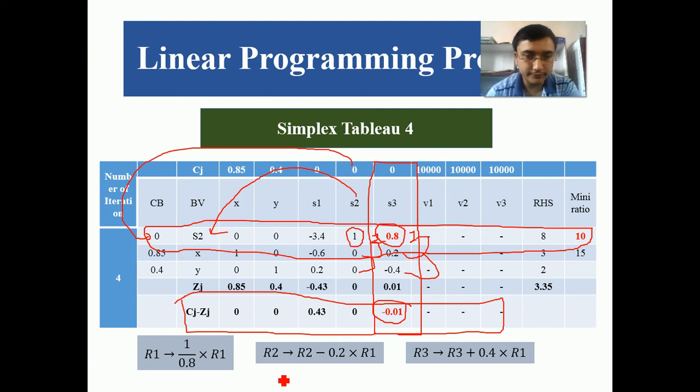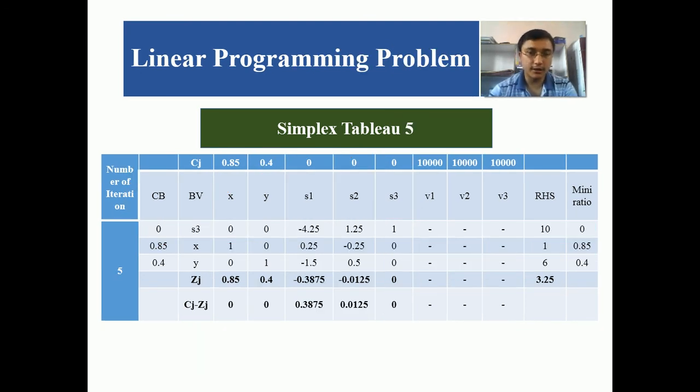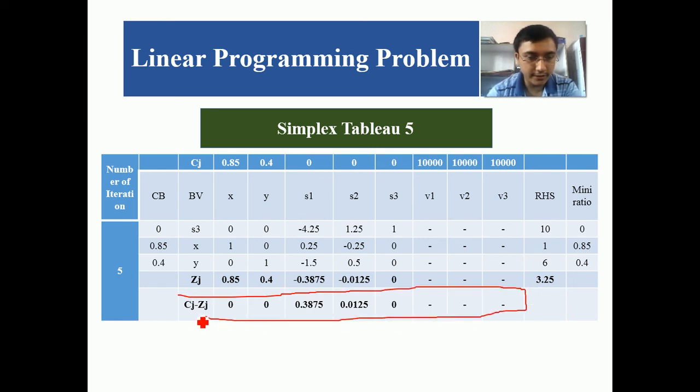For that we will take a row operation in R2 such that R2 tends to R2 minus 0.2 into R1, R3 tends to R3 plus 0.4 into R1 in the row 3, and by calculating this we will finally stumble to the final simplex table, that is table number 5, and in table number 5 we can observe that the last row is free of negative numbers, so we have found the optimal solution,